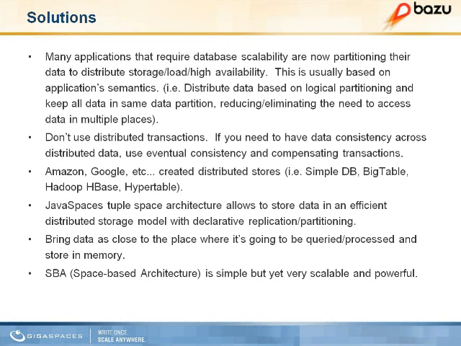If you need data consistency across distributed data, you can use eventual consistency or compensating transactions to accomplish this. There are not many applications that truly require distributed transactions. So many of the people that are using it could probably take a good look at their actual application semantics and figure out that they can bypass distributed transactions.